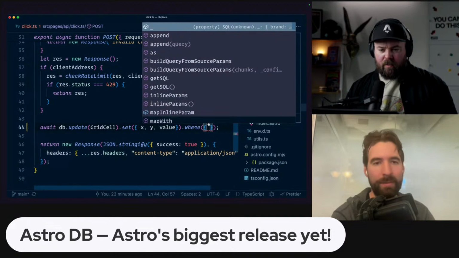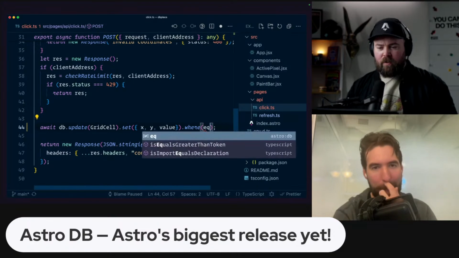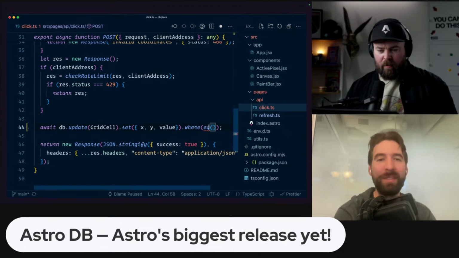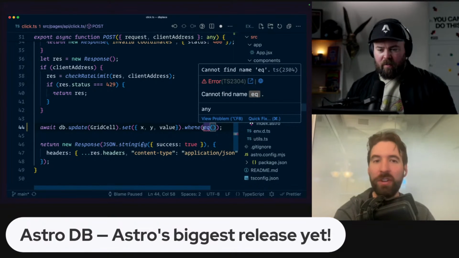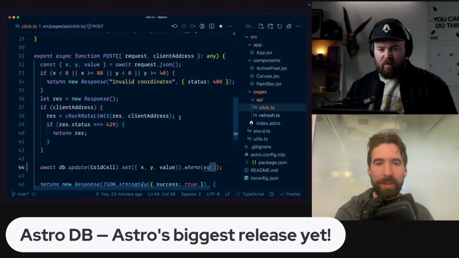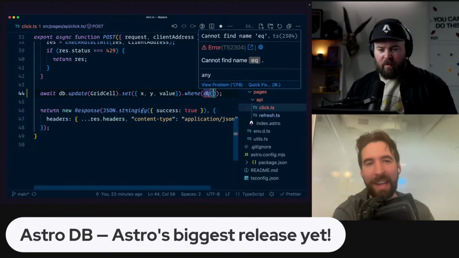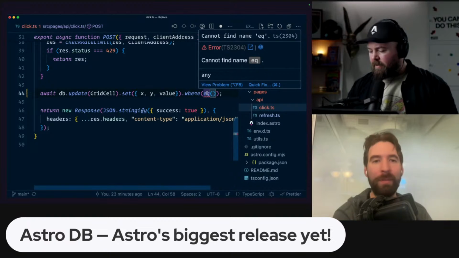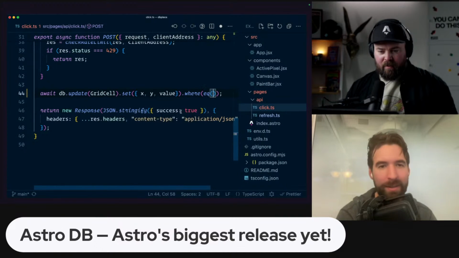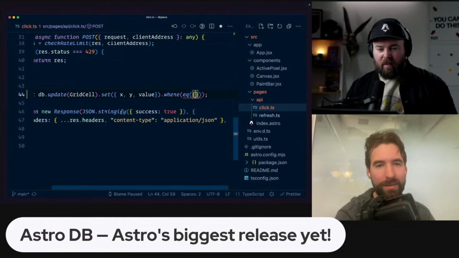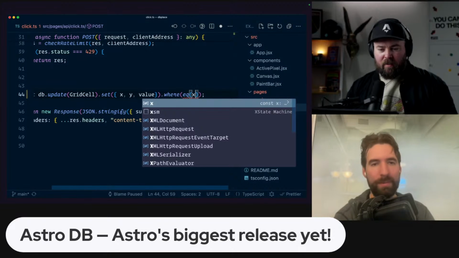How does this work? Is it like where equals? Yep, exactly. Okay. So this is where, again, it's like from? Equals is, it should have just been auto imported. Try to do the auto import thing, or you can go and update your import manually, but it comes from Astro. Command dot comes in from Astro DB, and then I want X equals,